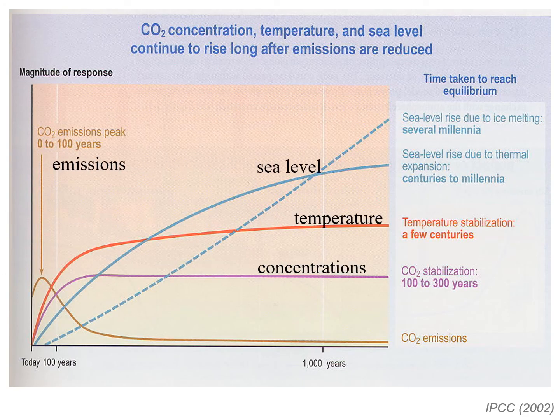This slide illustrates what we refer to as climate commitments. This is the amount of change we are already committed to. Note carbon dioxide emissions in yellow. They peak in about 2050 and then drop to zero. However, the concentration of carbon dioxide in the atmosphere continues to increase before stabilizing about 100 to 300 years later. Temperature follows atmospheric CO2 concentrations, while sea level continues to increase and only stabilizes hundreds to thousands of years later.